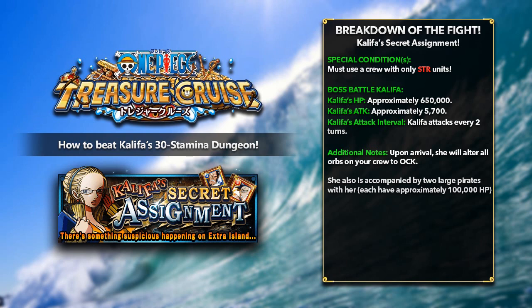Some additional notes on Khalifa herself. Upon arrival, she will change all of your orbs in your crew to blue, meaning that because you will have a strength crew, all of the orbs will be very, very bad. And this can be changed. I will talk about it later. But as you can see, changing all of your strength units to quick orbs means they'll be dealing half damage to Khalifa. And she is also accompanied by 2 large pirates with an approximate HP of